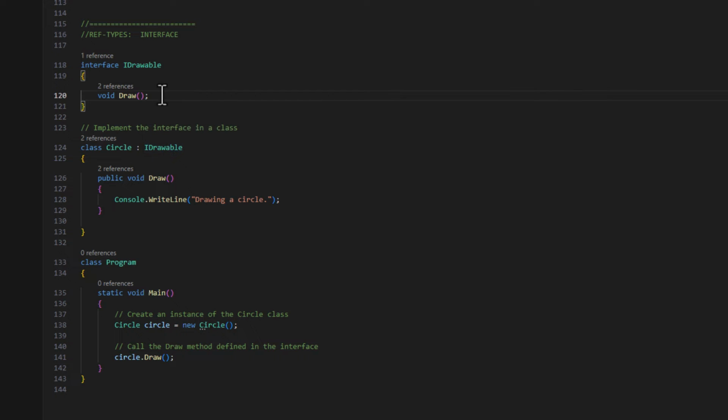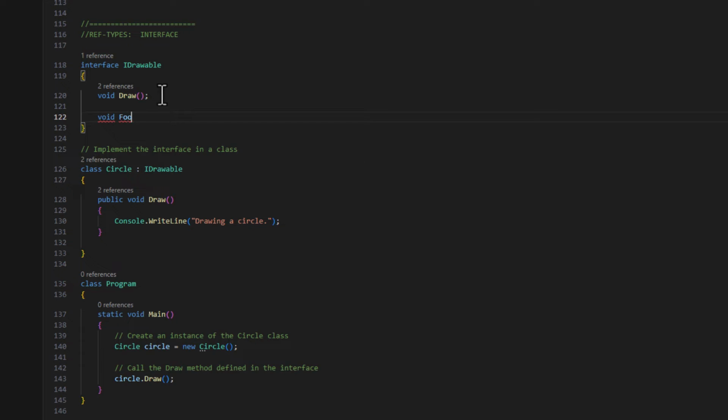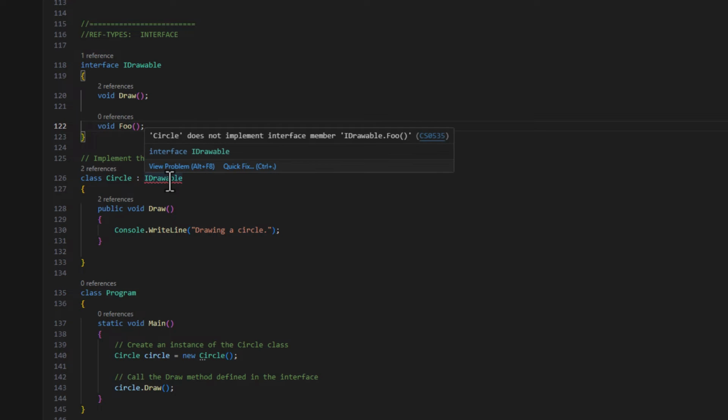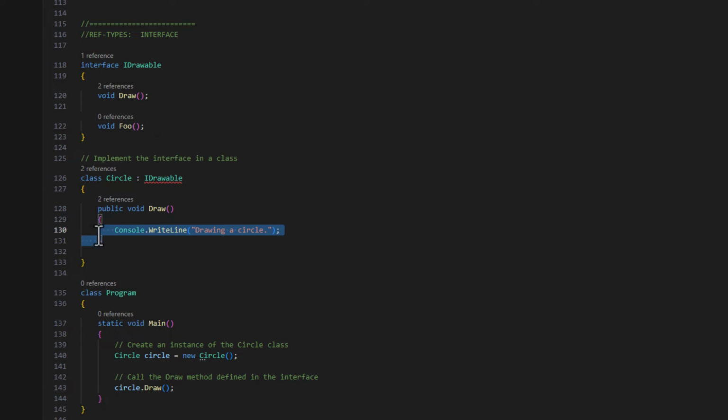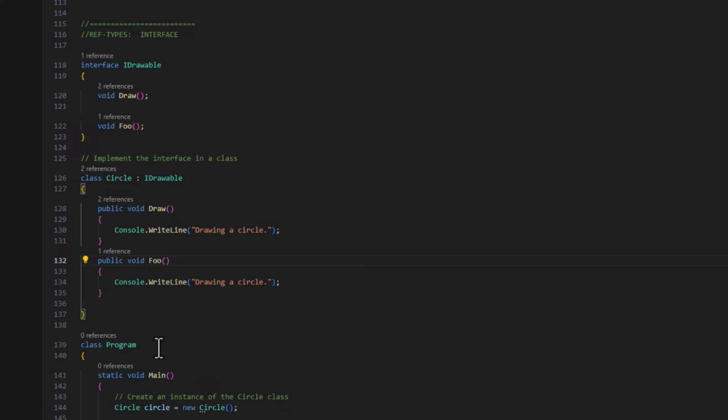So if I was to add, say, another signature here called foo, now you'll see that this is actually failing because I would need to come down here and I would need to add a similar foo method for this to go away. Essentially what interfaces do is they enforce contracts, and as you get into larger programs, they're very essential to creating your applications, and just know that it's another arsenal and a tool that you use when using